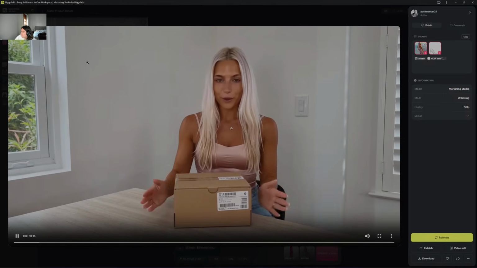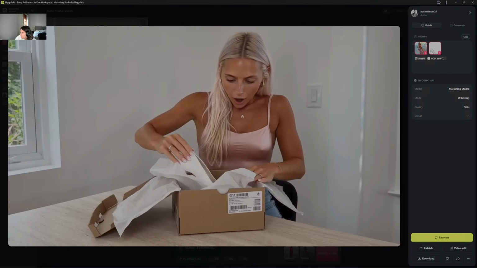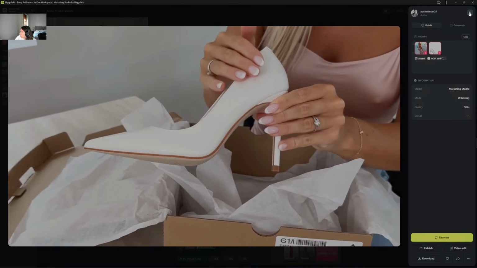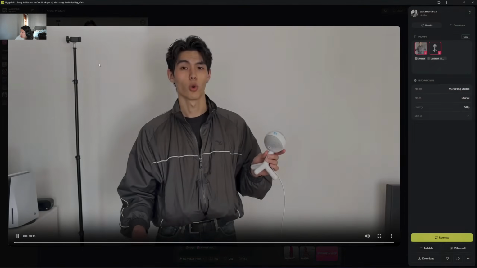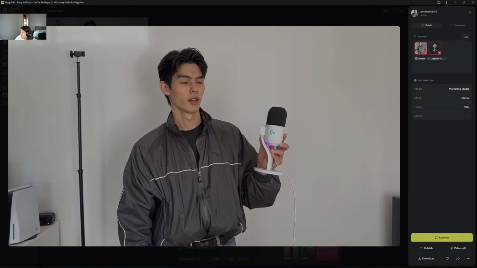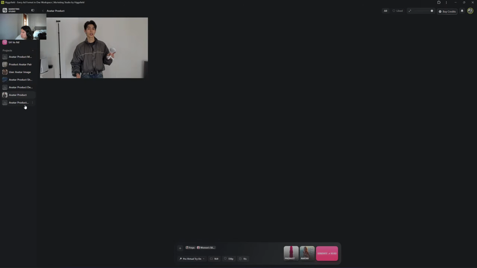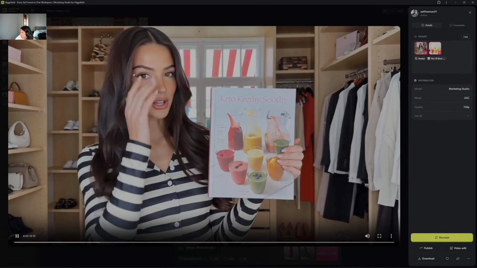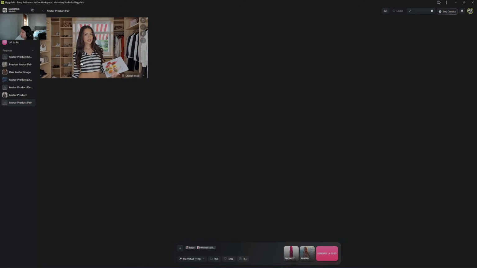Okay, I've been waiting for these white leather pumps. Oh my god! Look at that pointed toe and that heel. They feel so luxurious. Quick Logitech G mic setup, logo facing you, about a hand width away, slightly off to the side to avoid pops. Look at this. If you're doing keto and you're bored of the same old, this is the Keto Smoothie Cookbook. It has 10 different keto smoothie recipes, all low carb, keto friendly. But look at all this.